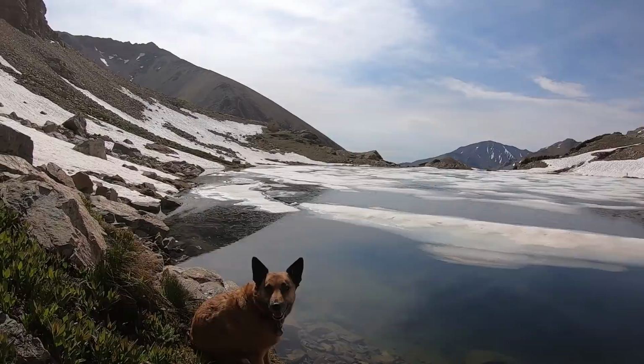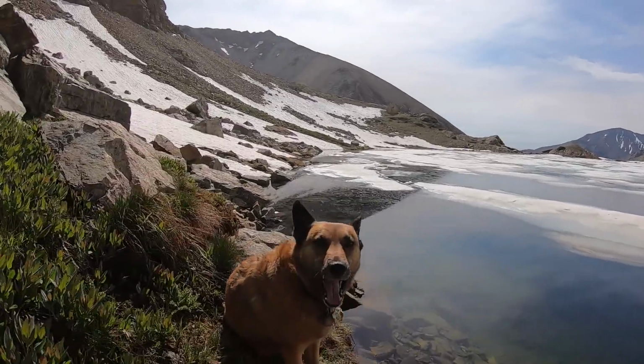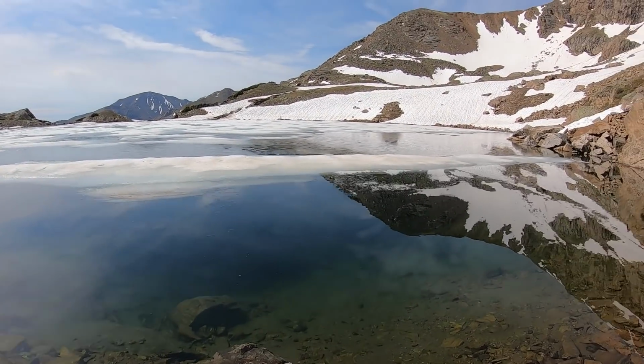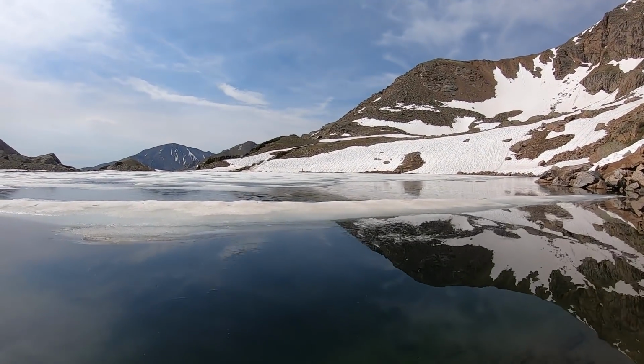What do you say, Pumpkin? Why don't we go underwater here and see what this looks like? Oh, does that slide down with this? Oh, I'm glad that held. Okay, let's see what this looks like underneath